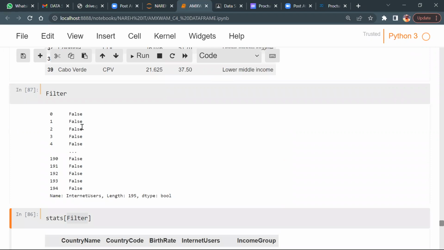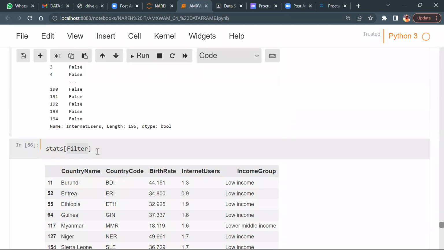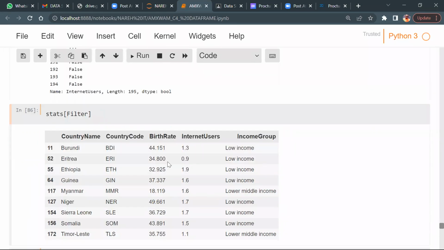These are all rows, from 0 to 194, isn't it? But when I apply this filter over the stats, it returns the rows which satisfy the conditions. Don't you find a pattern here? These are low income group people, isn't it? Internet users less than 2 means these all belong to the low income group. Can I say that? Yes or not, guys?